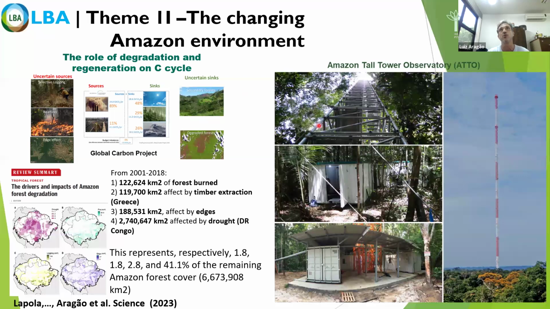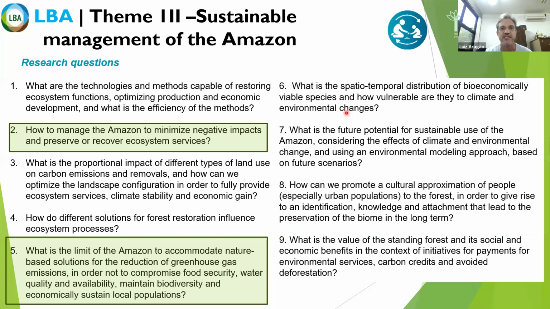And also we have infrastructures that can look at the larger scale. This is a German-Brazilian infrastructure, the ATTO tower, that has a massive footprint looking at the different ecosystems that are under this footprint and looking through time at change that can be caused by human intervention and climate change on the system.